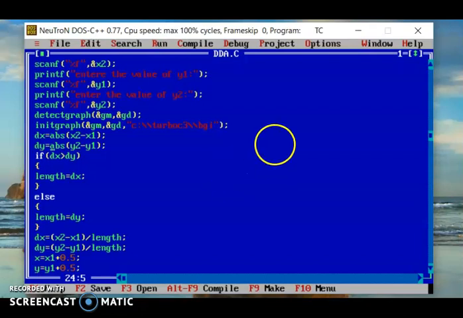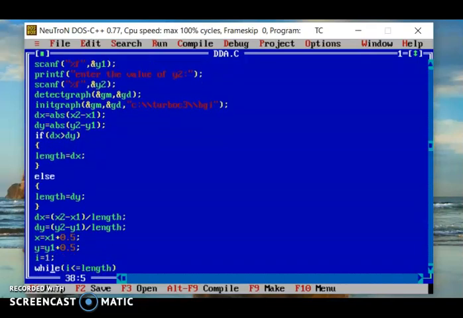I have told you that absolute value is considered as a distance, and distance is never negative, so whatever the answer of x2 minus x1, it will be considered as a positive answer. If you get x2 minus x1 equal to minus 12, then the absolute of minus 12 is equal to 12, so delta x will be 12.